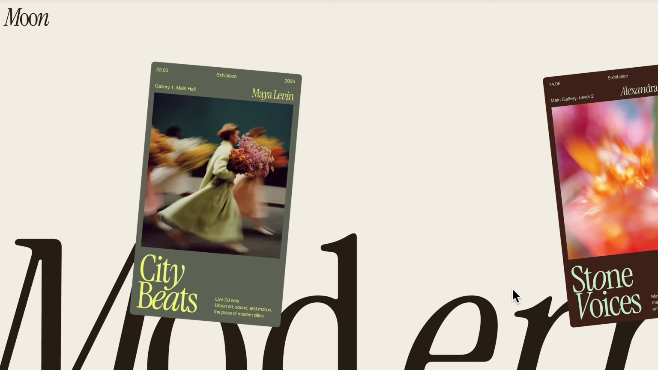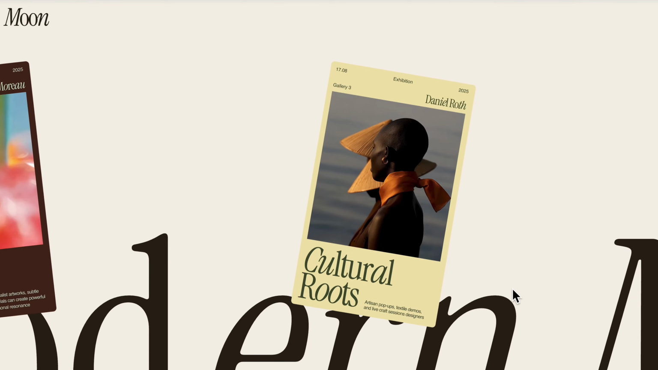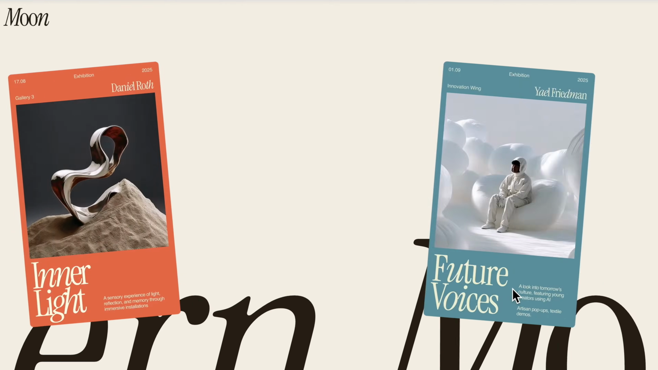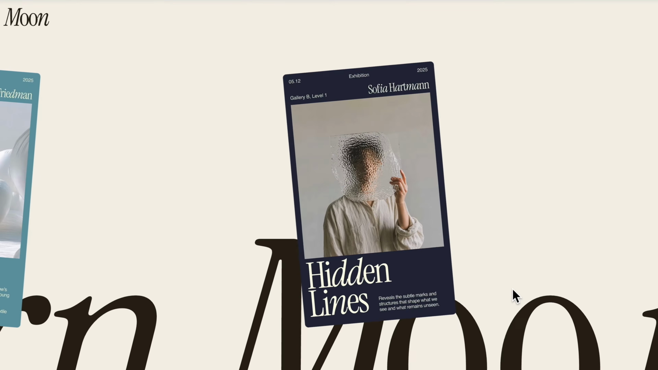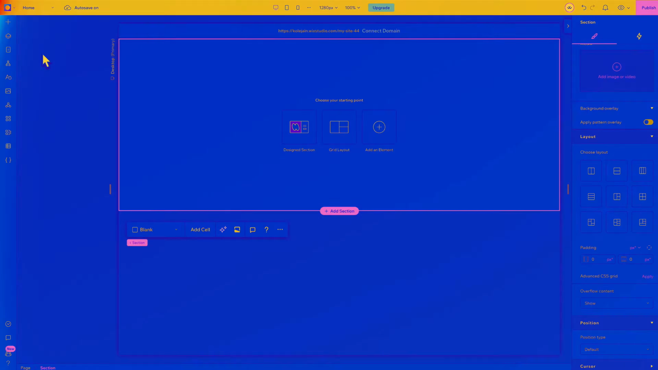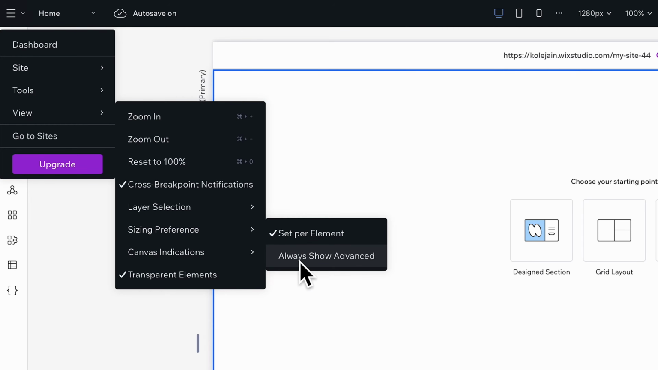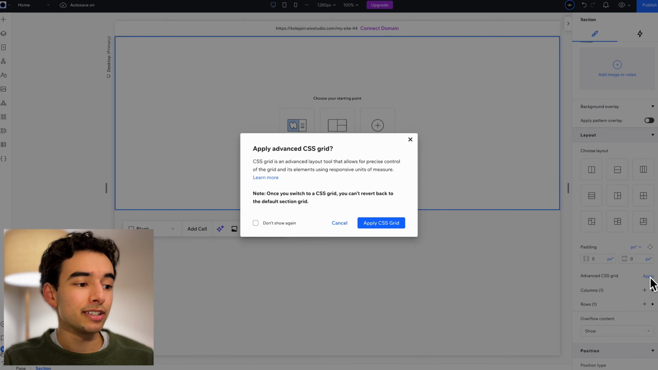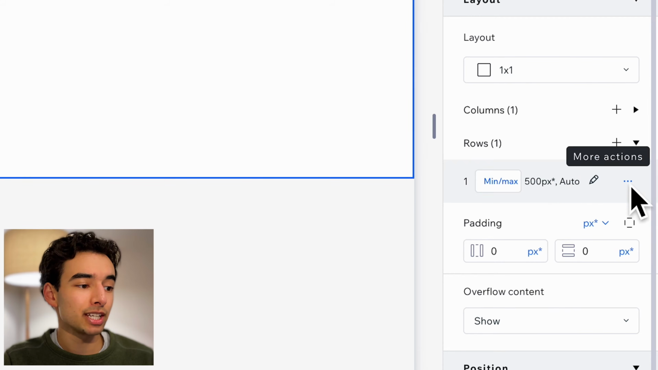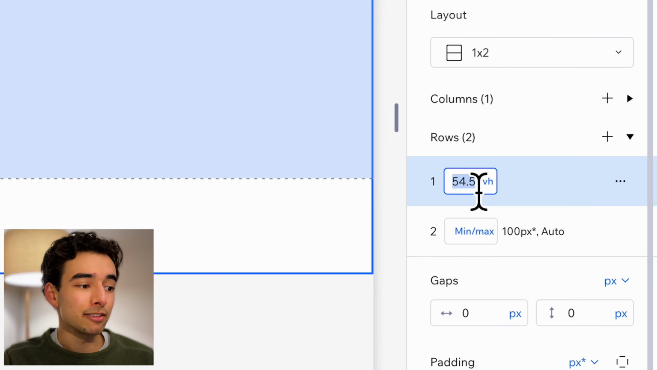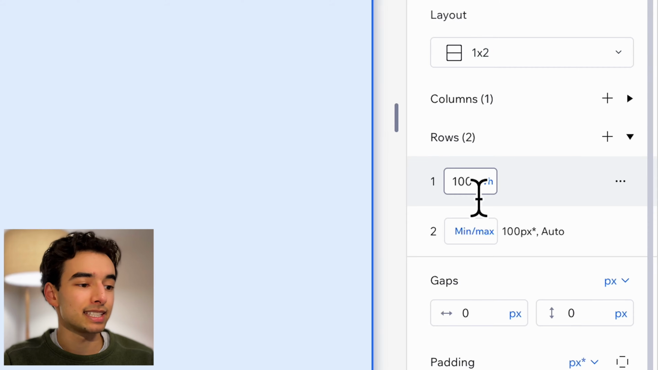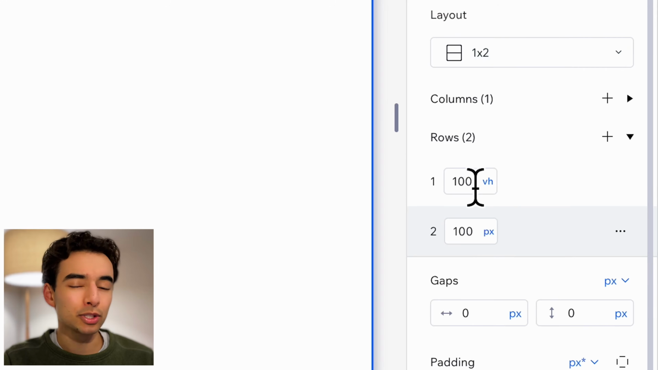Let me show you how to build this immersive horizontal parallax scroll effect on both text and images. Let's break it down. First, come up into this menu, View, Sizing Preferences, and always show Advanced. Then let's turn on Advanced CSS Grid and divide our section into 2 rows. Set the first row to 100 viewport height and the second to 100 pixels, which will change a little bit